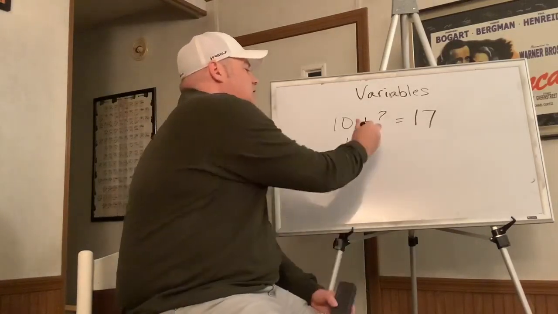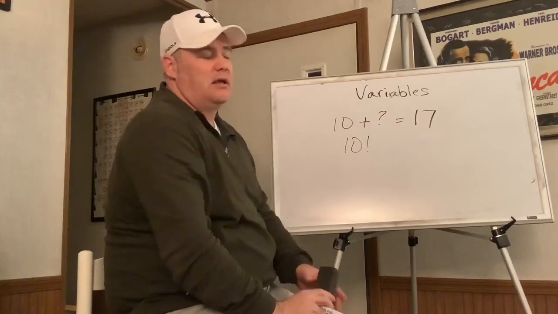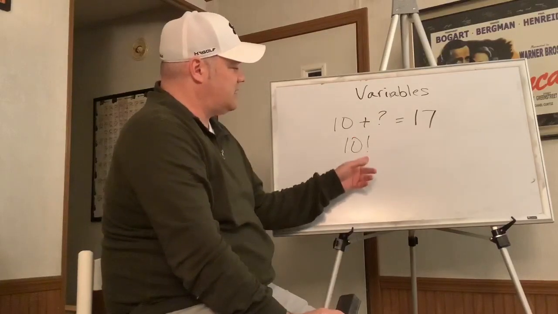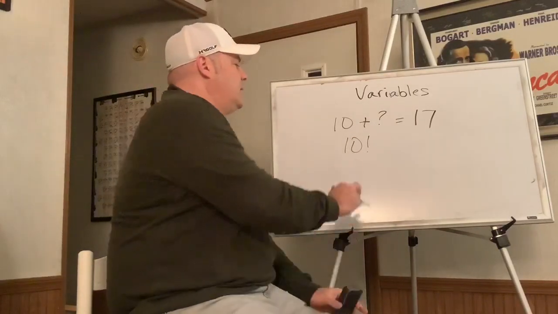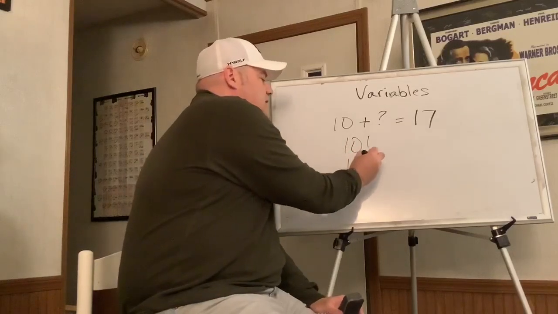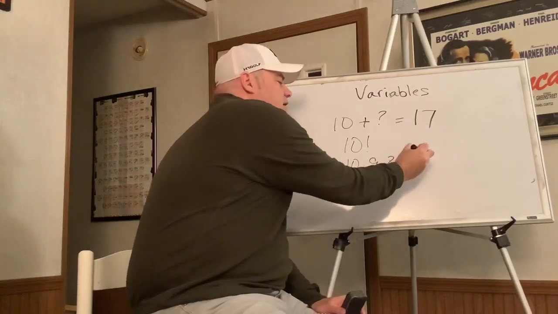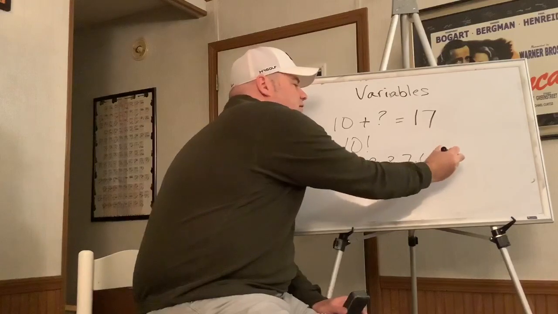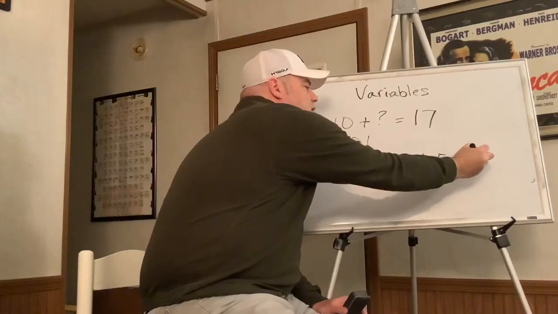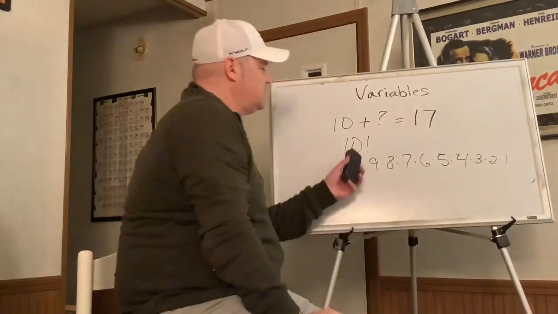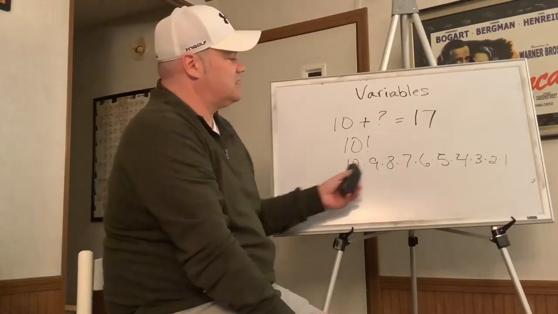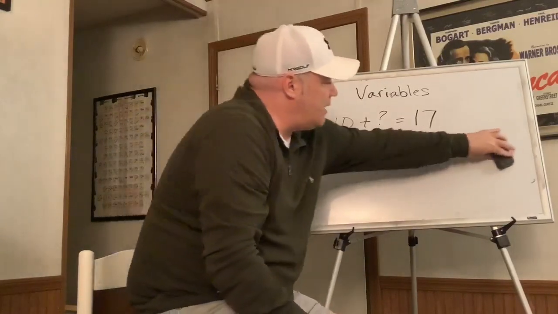Also, you may say, well, what about an exclamation point? In math later, you're going to find out that this is a symbol already used in math. If it's 10 exclamation, it means 10 times 9 all the way down. It's called a factorial, that you can factor all the way down. Okay? We're not learning that, but just so you know, that does mean something. It means this number here. Okay? Now,